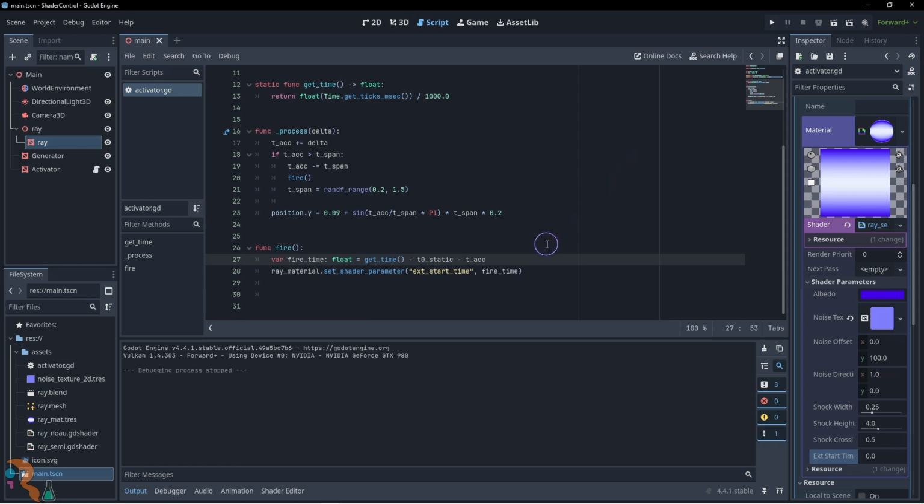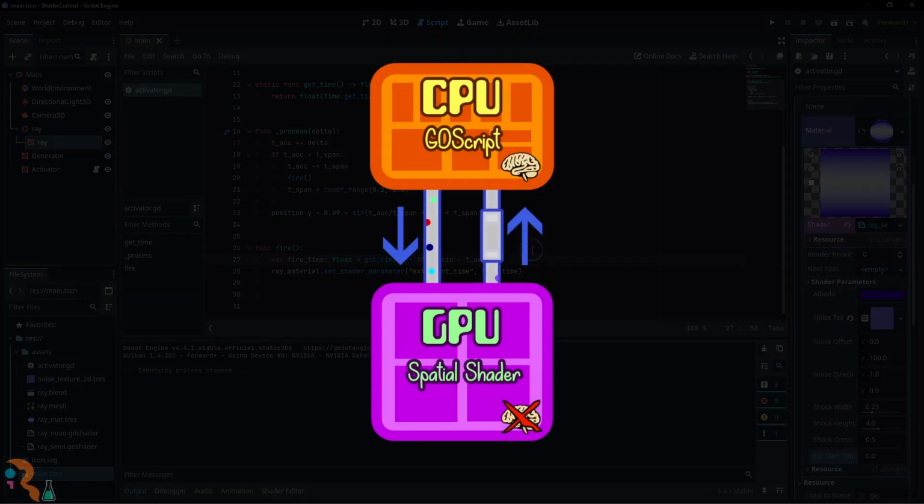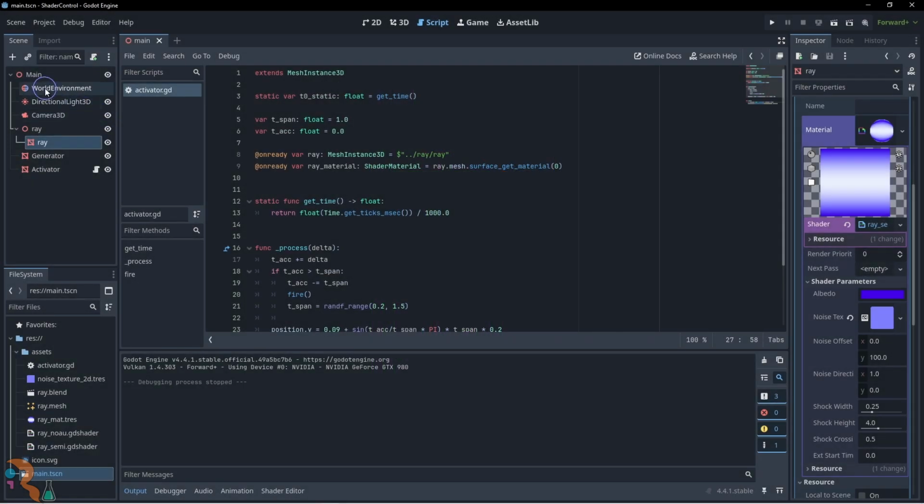Only the spatial shader can tell, and it is usually a quiet type. So we have to break the rules, open a two-way communication with the shader and wait for the response. In order to do that, we can read the shader output by turning it into a texture, using a subviewport. To make things easier, we will use a canvas item shader to write into a two-dimensional texture, not exactly a spatial one, and even with a different code, but we can try it anyway.